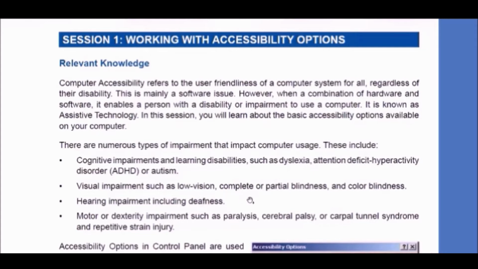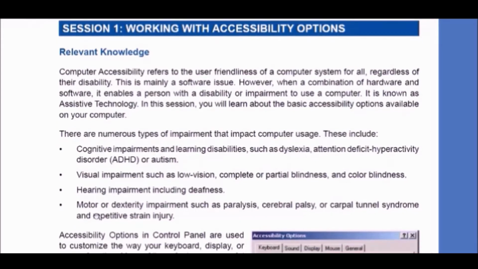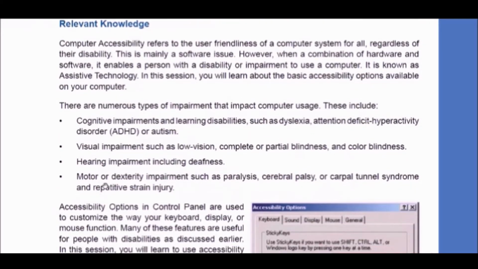Then hearing impairment: people who are not able to hear properly, or who are deaf. And then motor or dexterity impairment, which means there is some impairment in their hands or legs and they are not able to move.